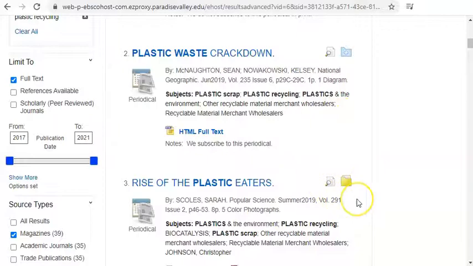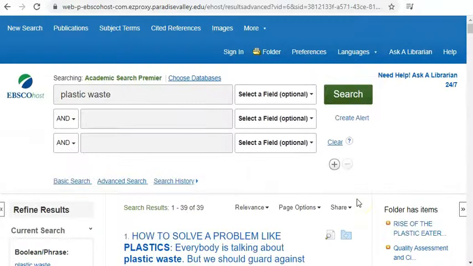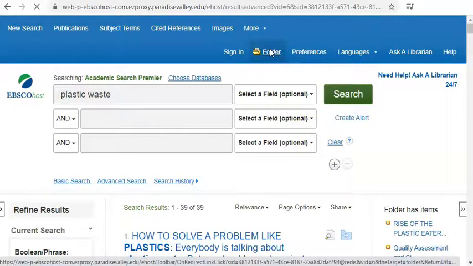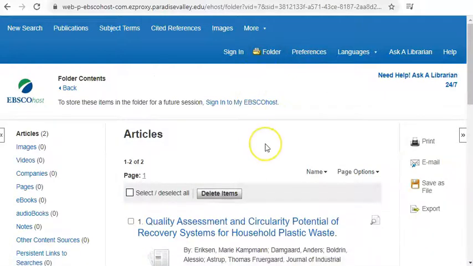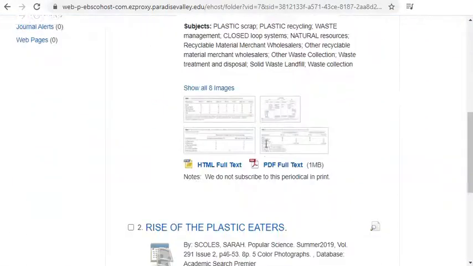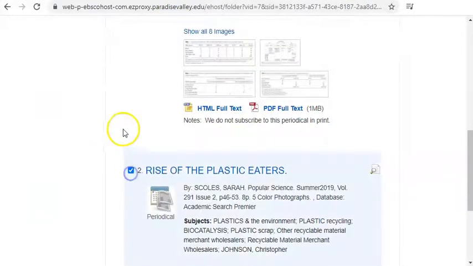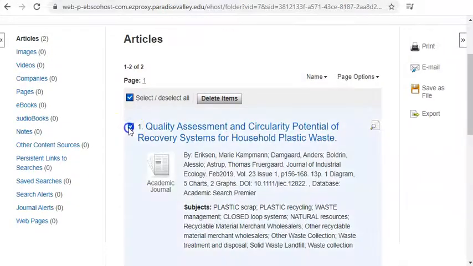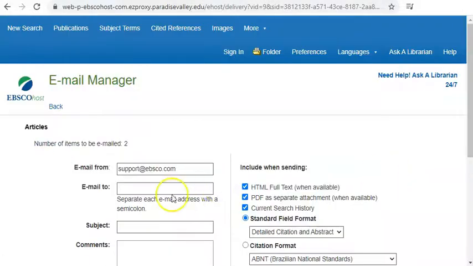Now that I have a couple resources added in my folder, I'm going to email myself the full articles. Let's select Folder up above. I now see the 2 articles that I selected. I'm going to click both of them to highlight, and then select Email on that side options bar. I'm now going to type in my own email address, type the title of my subject so I know what it is,